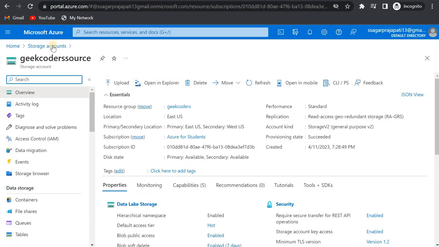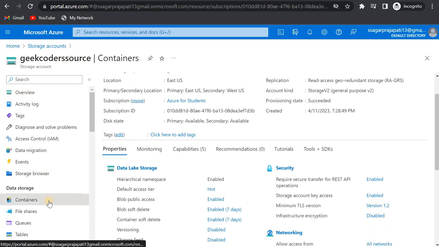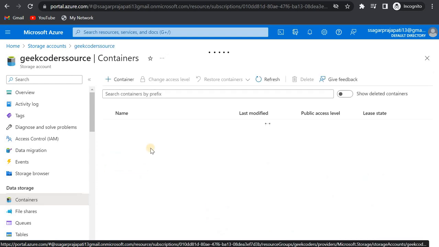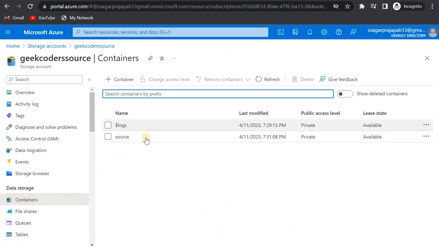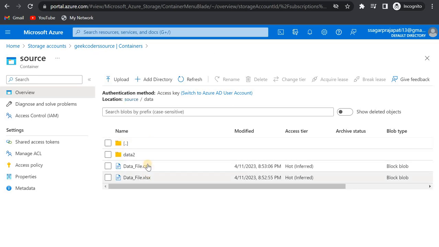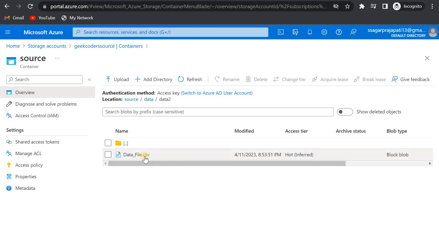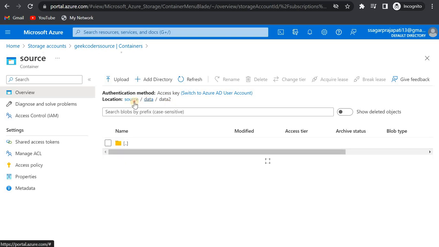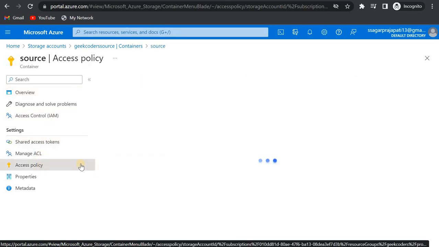Now if I go to my Geekcoders storage account, and if I show you the containers' names, we have the source container and the log container. If I click on the source container, I have one directory, or we can say one folder. Inside it we have two files and another folder called data2, and in data2 we have one file. Now if I go back to my source folder, you can see there is an option of IAM and access policy. So if I click on this access policy,